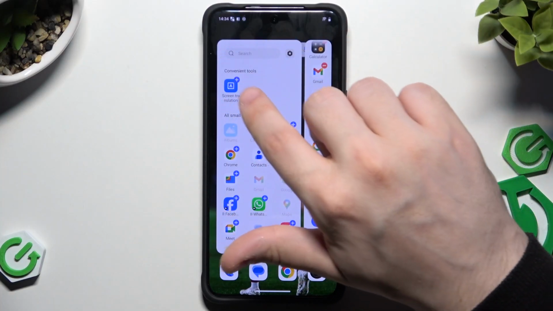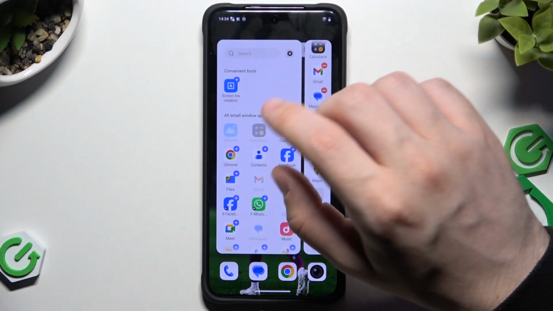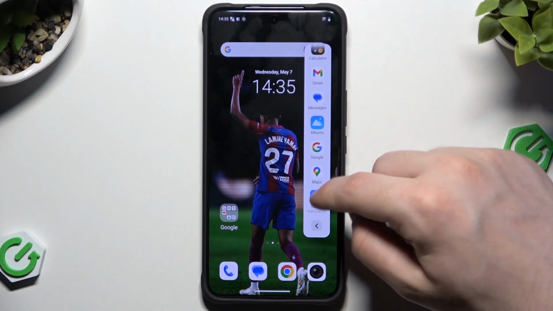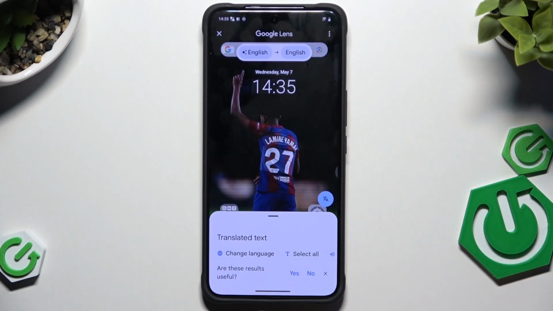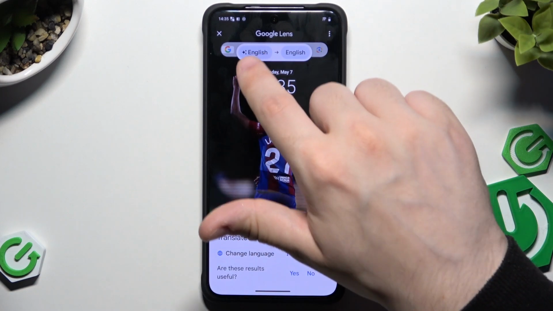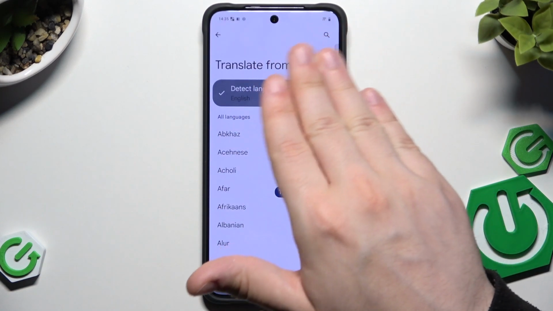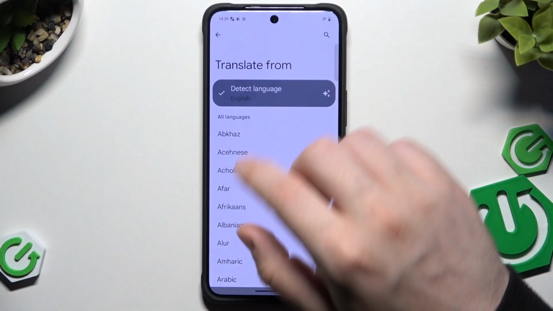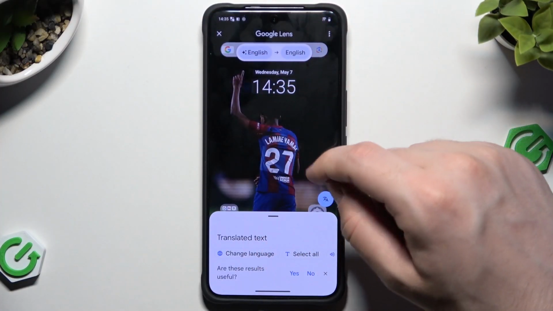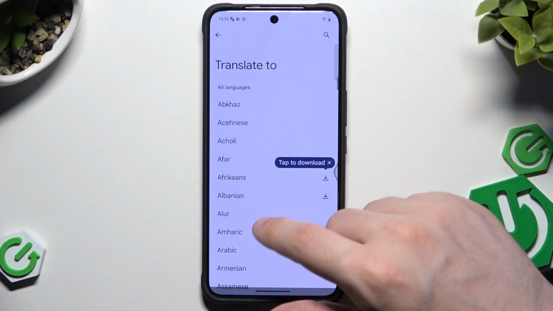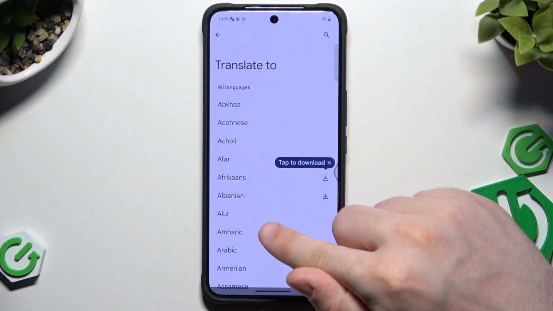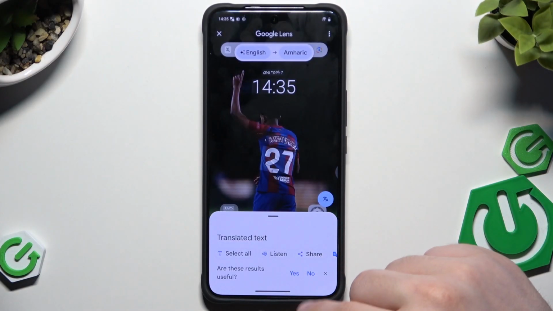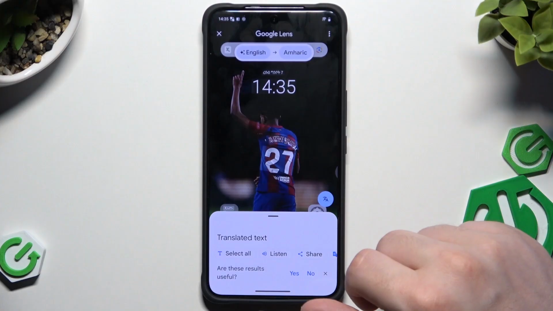And also we have the convenient tools, and for example we have the screen translation. So let's open it up actually, and let's see how this works. So let's click on screen translation. In here select the language that it's on the screen, but you can leave it on detect language, so the phone will do it automatically. And now let's say we want to translate into Amharic, let's say. Okay, and